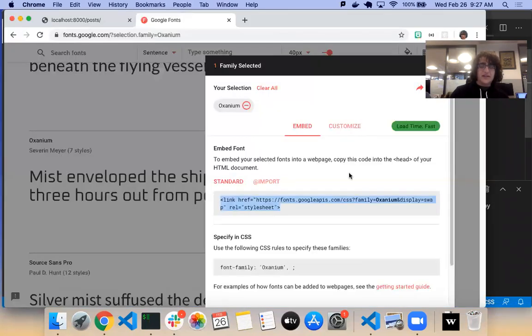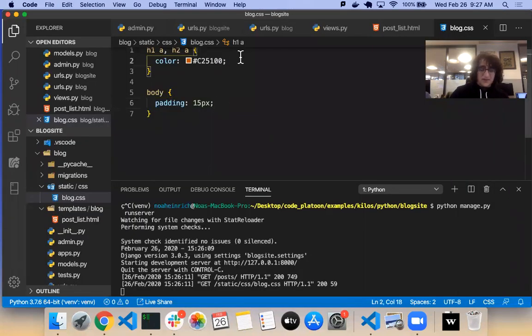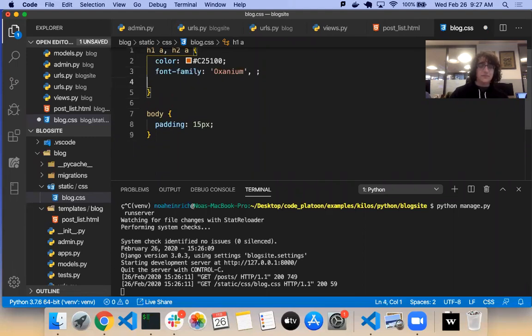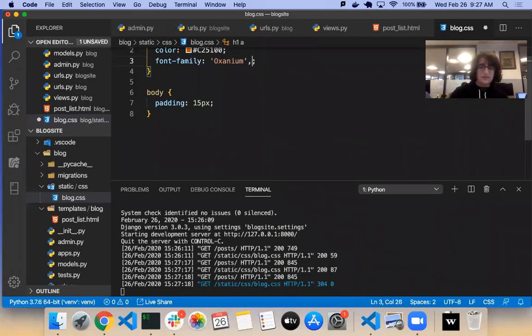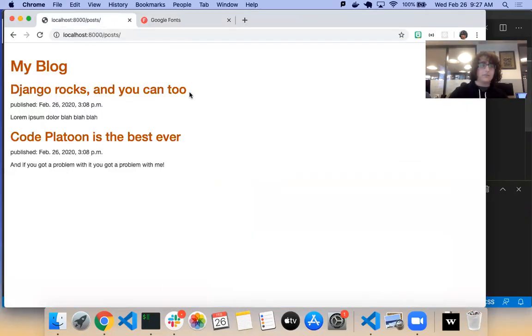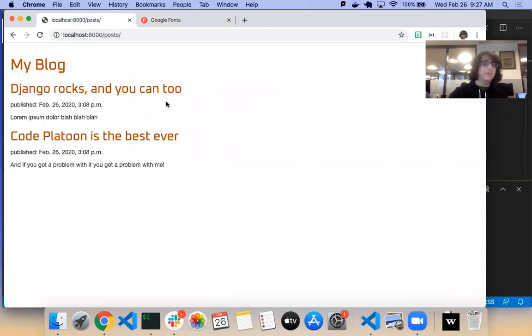And then they also give us the font family Oxanium. So let's give that to our H1s and H2s as well. We're gonna have to restart the server again. I don't think that font should be there. There we go.